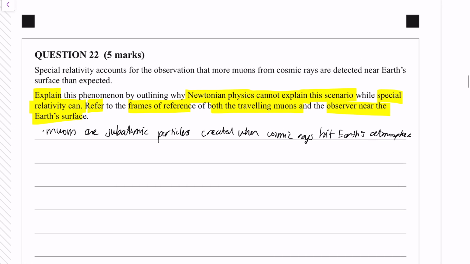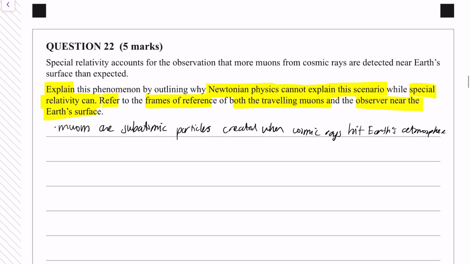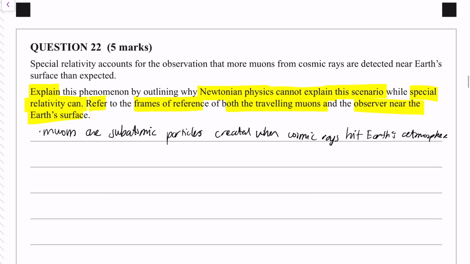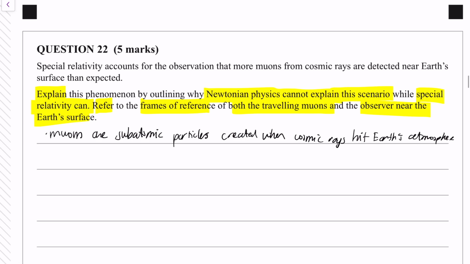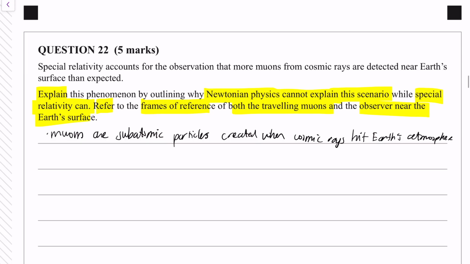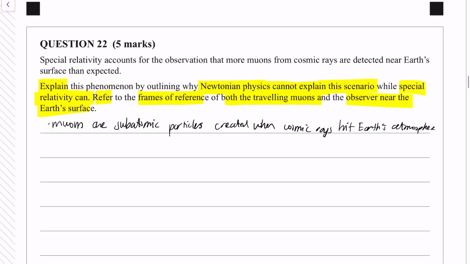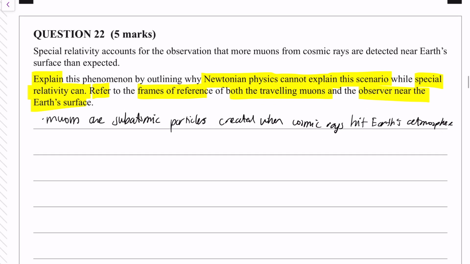Okay, so that requires us to know a little bit more about the muons theory about them, and that is one of your key dot points in what you need to know for the externals in physics, right? So you need to know a couple of theories such as the muon theory in terms of special relativity and why Newtonian physics cannot explain it, right? So that's one of the